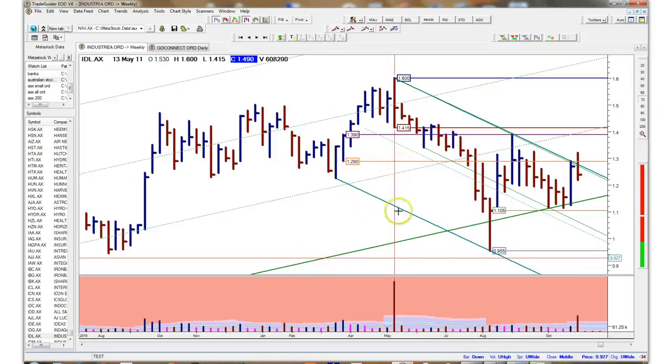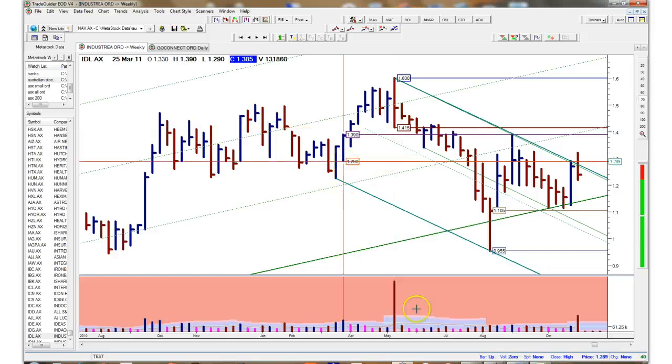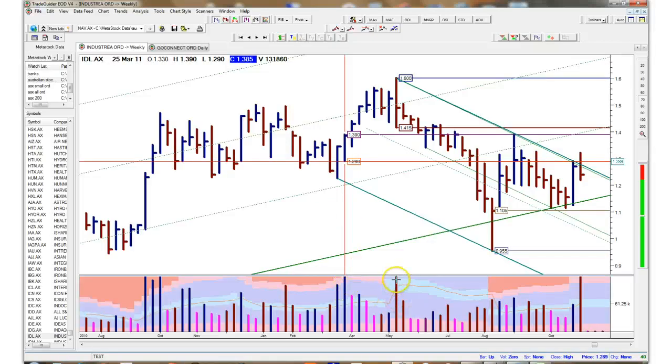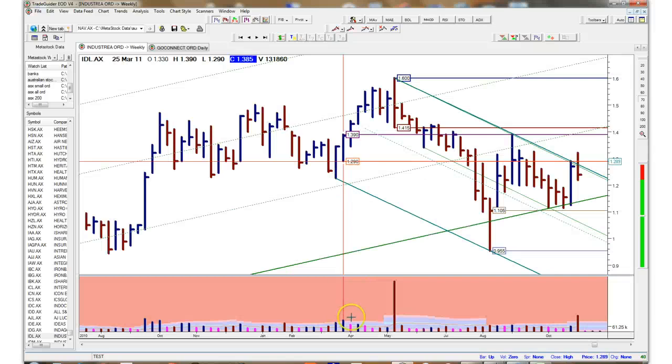We've got our big one that's dwarfed everything, so that's going to be a major resistance there at $1.41. And we've got this other one here. I just scale that to get rid of that. It doesn't really help me a lot, does it? But anyway,